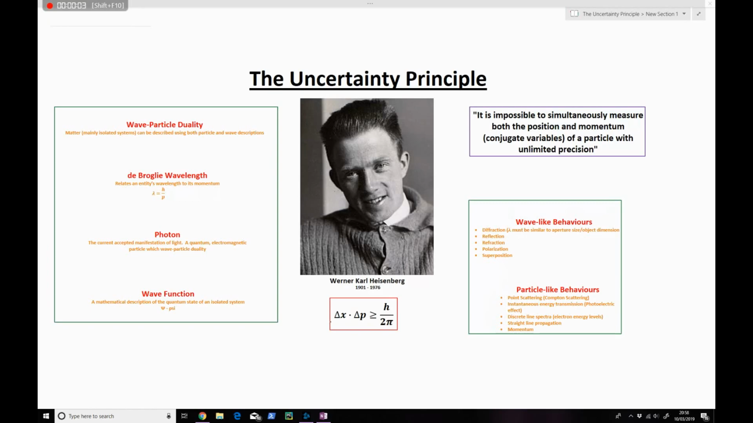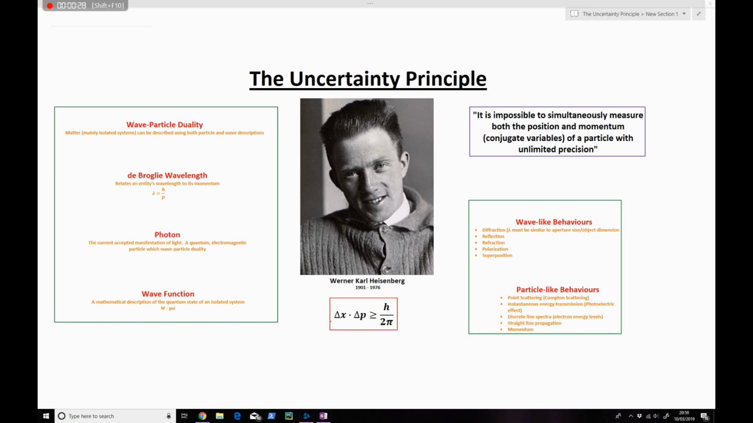Hey everyone. So in today's video, I just want to talk about the uncertainty principle and to introduce it in an intuitive and easy to understand manner. So the uncertainty principle was a statement delivered by a German physicist called Werner Karl Heisenberg, who in 1927 stated